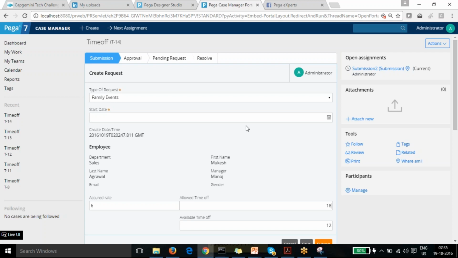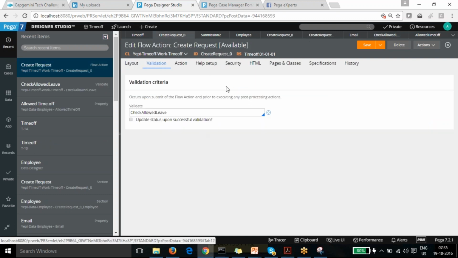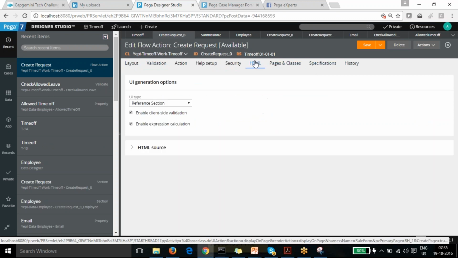So in validation there are also two concepts: are you going for client side or server side? Most of the Pega rules are also client side enabled. That's a good question from your end. If you see in your flow action, if you go to the HTML, you have this option. If you have enabled client side validation, then without your submit button, it will validate at that time.